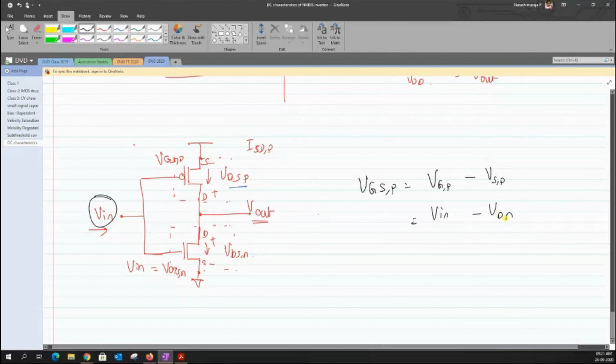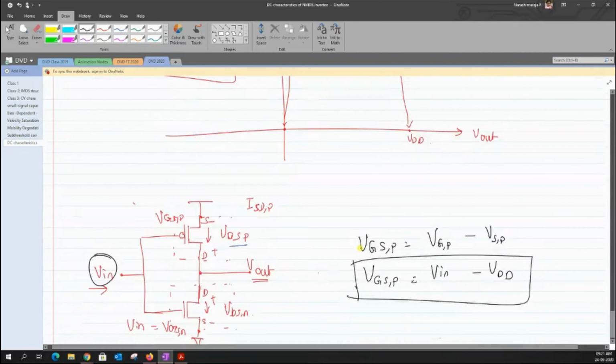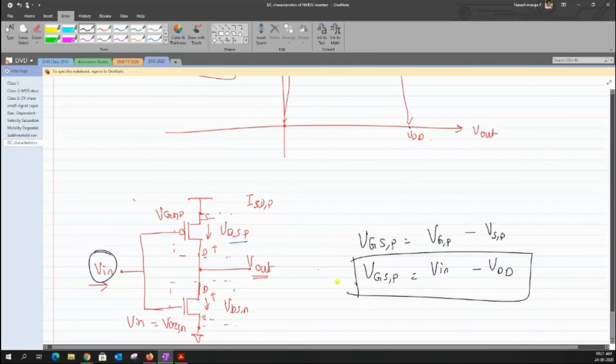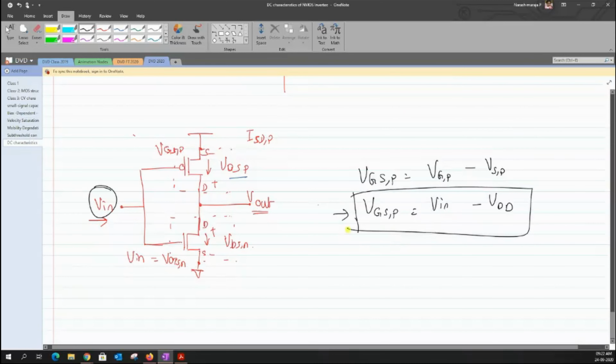Okay, so again, this is something that we had the same issue with respect to the VDSP of the PMOS, right? So in a similar way, we have some sort of relation, something like this. But as I said earlier, we want a plot between Vout and Vin, not in terms of VGSP or something else. Okay, so we need some modification